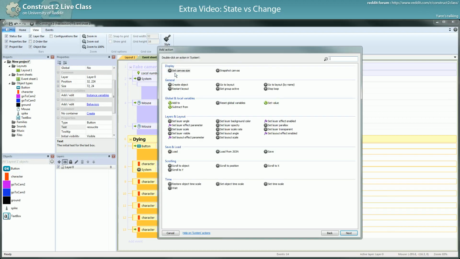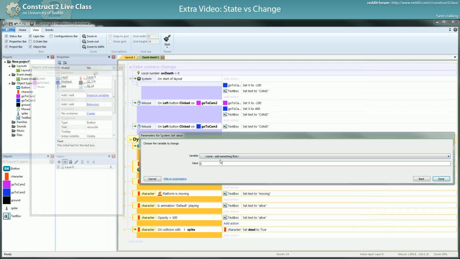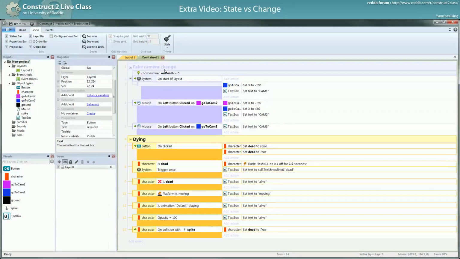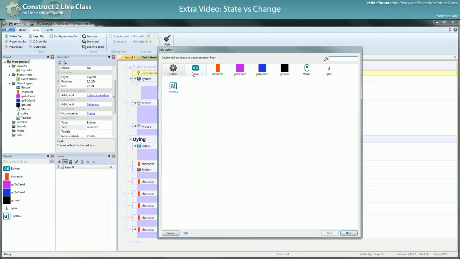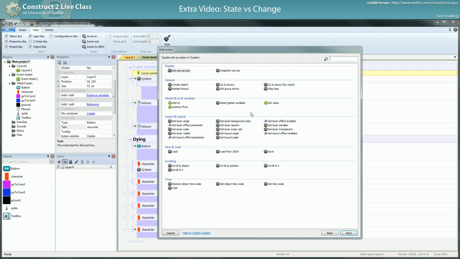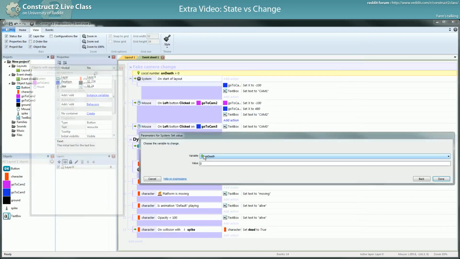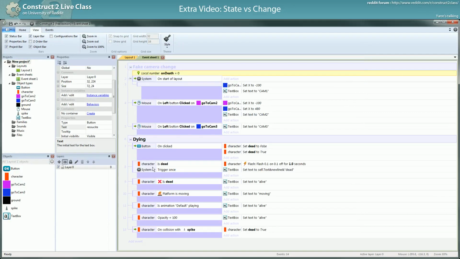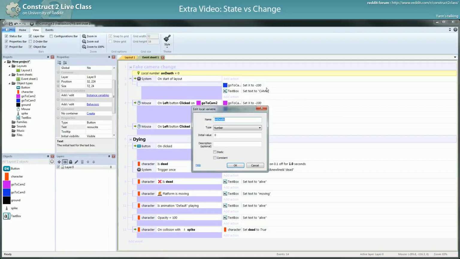If I do set value, I have no global variables here, because I can only access the local variable in its scope. Here I can access it. And since a local variable is reset each tick, you can really use it as a click blocker